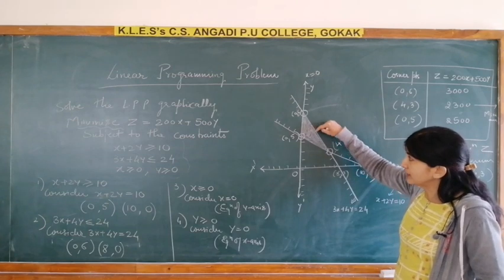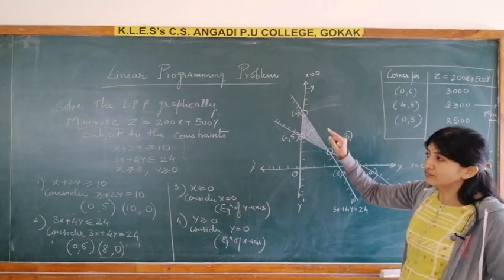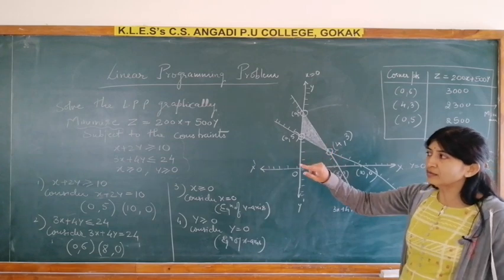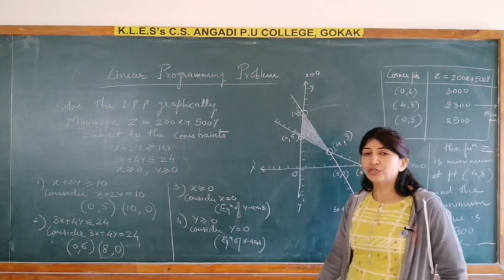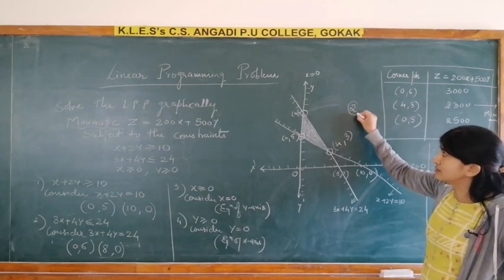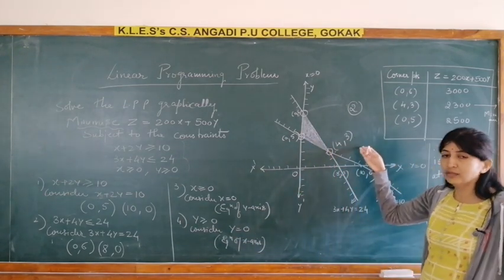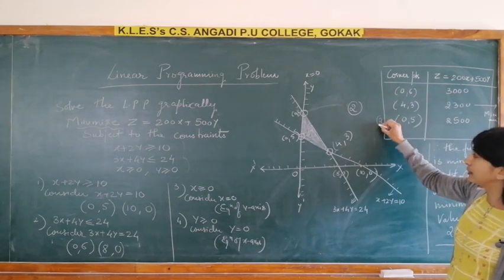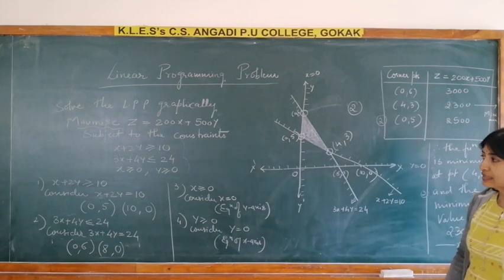And what do you call this shaded region? This shaded region is called a feasible region. So the function is maximum or minimum at the corner points. See here, in this question you may get maximize or minimize both. So when you get the constraints and the objective function, the graph is 2 marks. There are no marks for all this, but we need this all to draw the graph. So for the graph 2 marks, for the formation table 2 marks, and for writing the answer 2 marks. So in total it carries 6 marks.